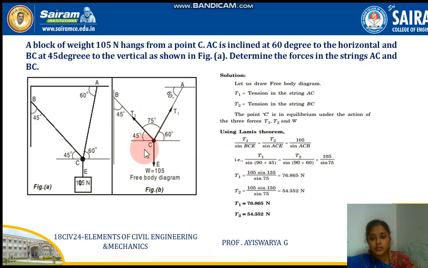So with this, see, one is a known force and the other two are unknown forces. Right. So you just equate the known and unknown forces. Okay, T1 with this known, see, unknown with a known and unknown with a known. If you equate, you will get the answer for T1 and T2. Okay, this is how you need to find using Lami's concept.